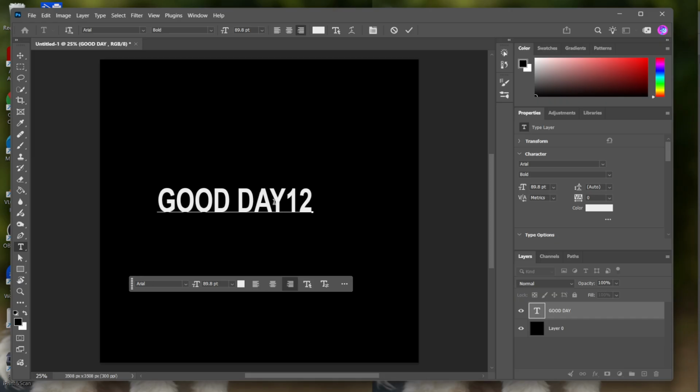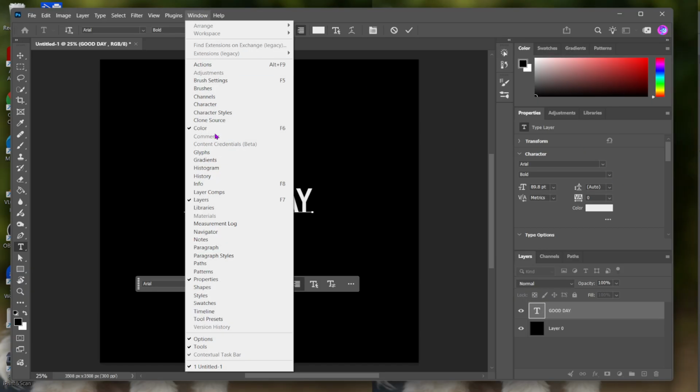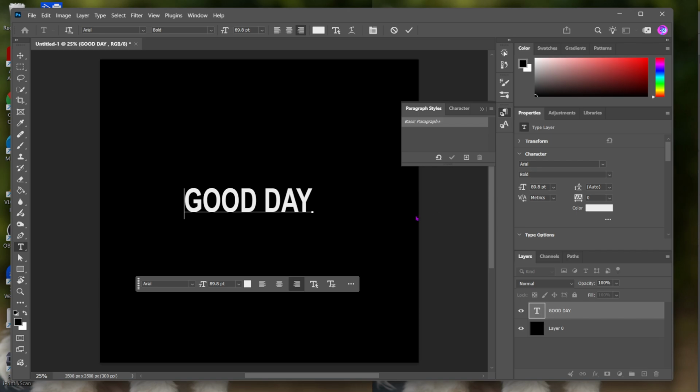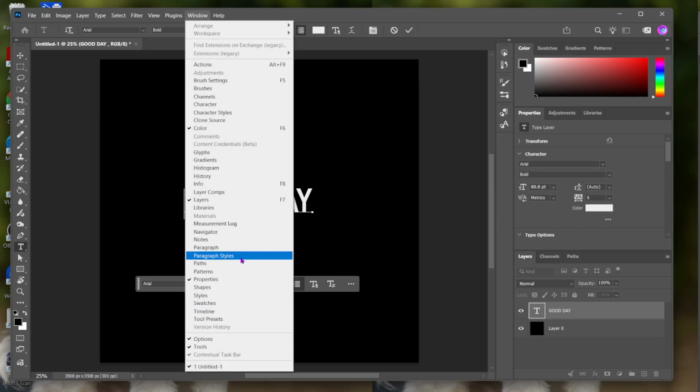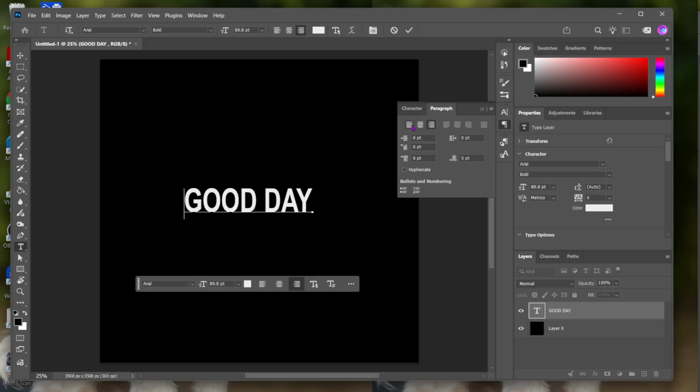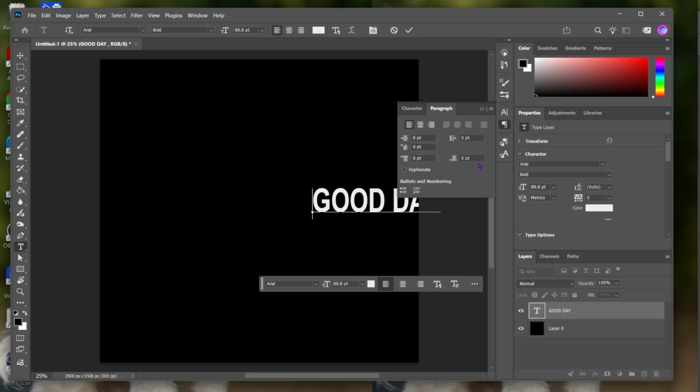Next, open the Paragraph panel by going to Window > Paragraph. Look for the text direction options and make sure the text is set to left to right instead of right to left. If you don't see these options, open the Paragraph panel menu and check the available Middle Eastern and